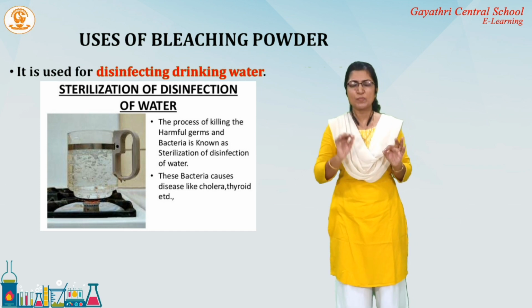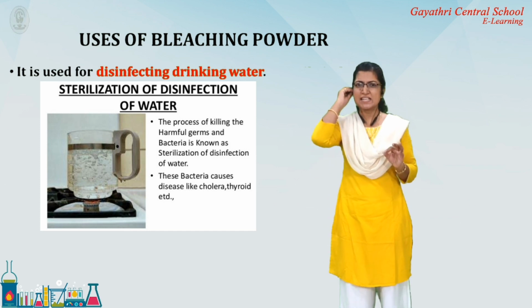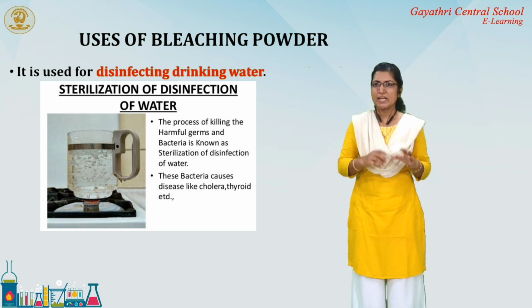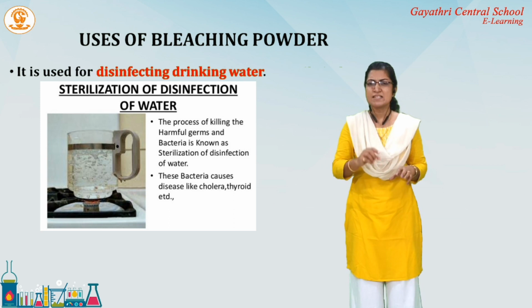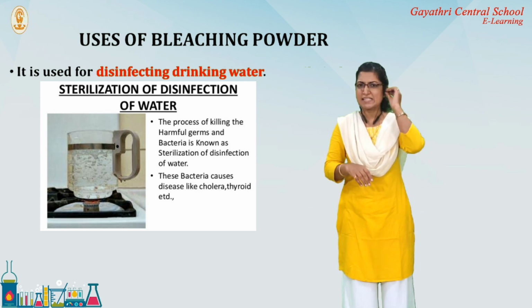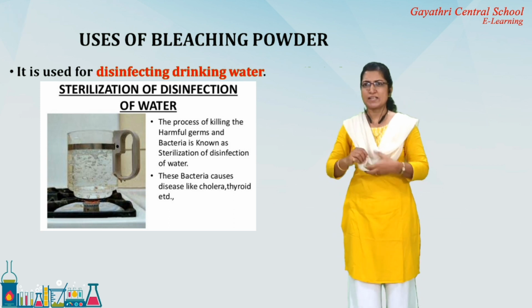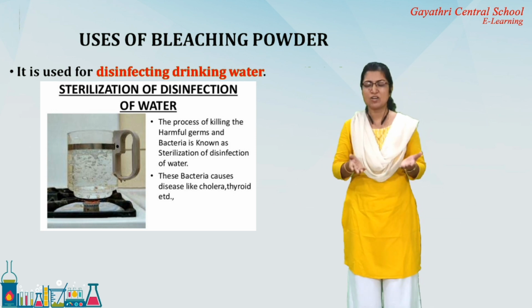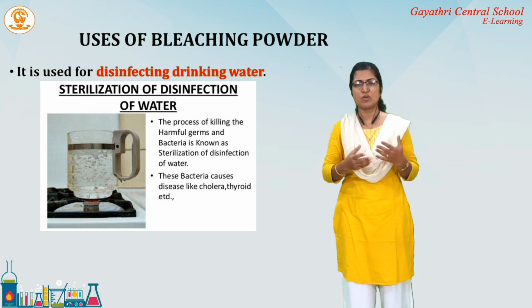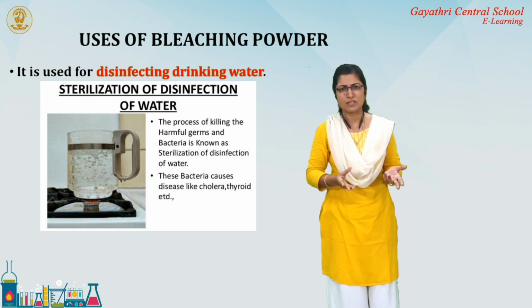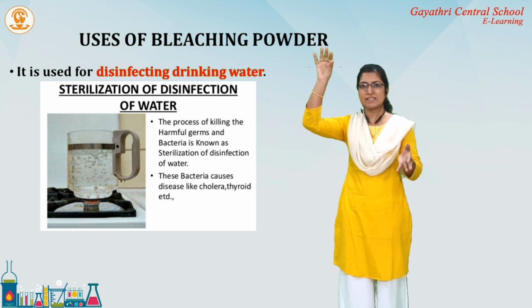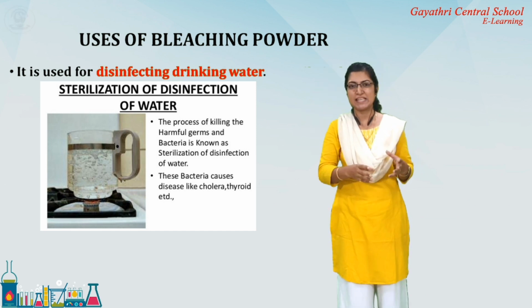If you want to make the drinking water consumable, you can add bleaching powder. So what will it do? It will kill all the germs and microorganisms present in the water. That process we also call sterilization, that is killing of these germs and microorganisms, we can also call disinfecting water. So in water tanks and all, have you seen, those who are staying in municipal areas and all, you can see